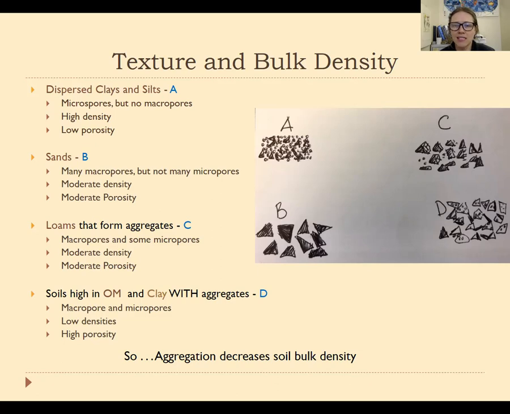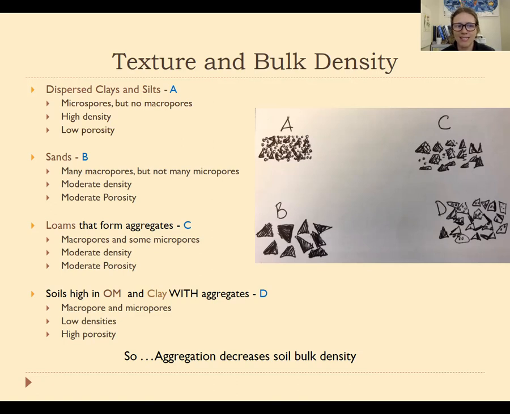So these small pieces are, if not completely individual, in very, very small groups, and because they're so small, they can fit together pretty tightly. And so you'll see micropores in this environment, but not a lot of macropores due to the lack of soil aggregation. So in this case, we're going to have pretty high density soil. There's going to be some pore space, but it's going to be somewhat limited because there are really only micropores. There aren't any big macropores.